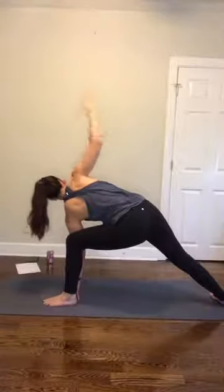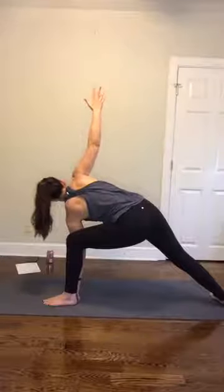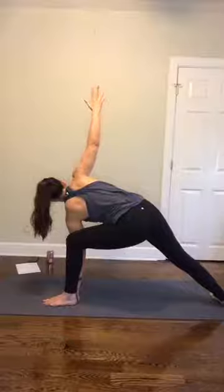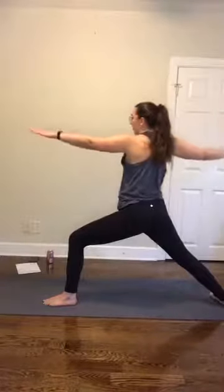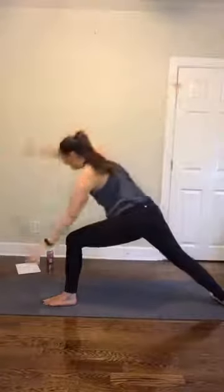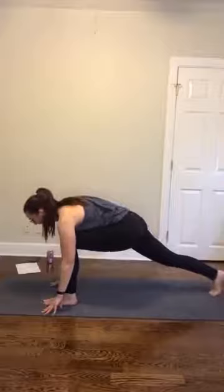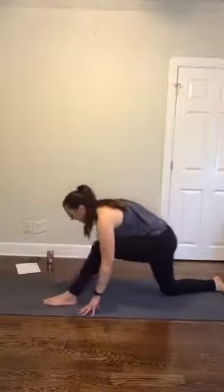Stacking your shoulders. And then really use your core as you lift all the way up. Warrior 2. Cartwheel your hands down to frame your right foot. Drop your left knee down on the mat. Untuck your left toes. Walk your hands back,